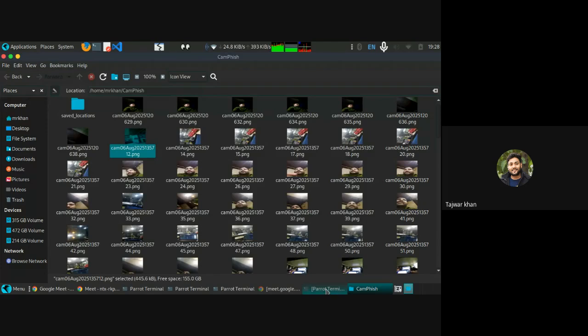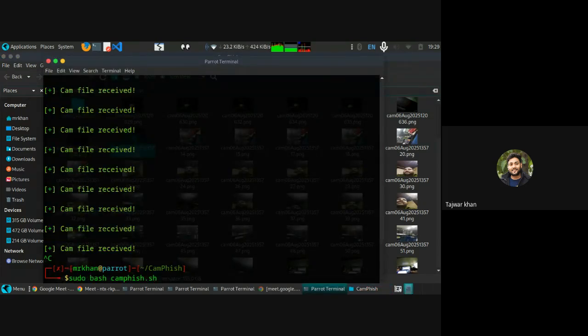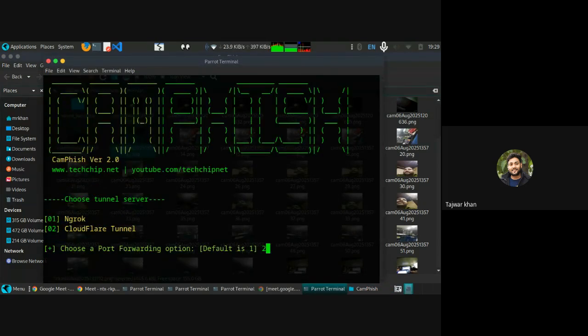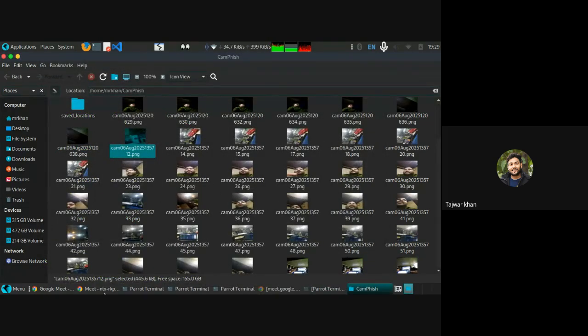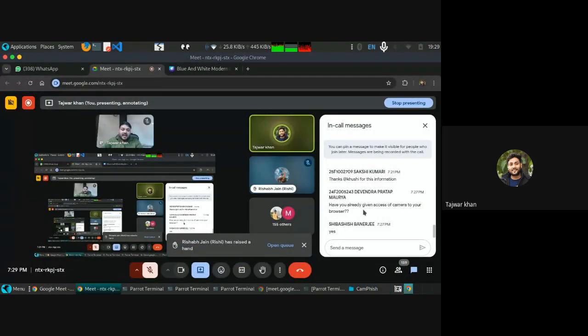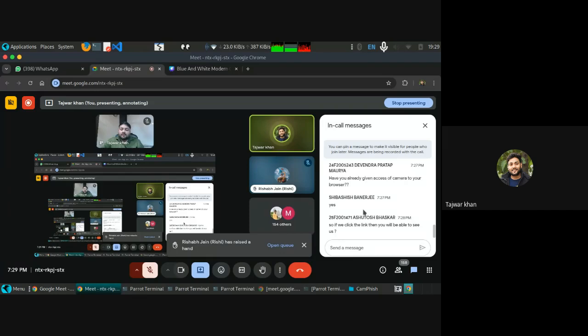Okay, let's make it a little bit interesting. Sir, there's a feature in Android, but how does it give access to the camera by just clicking on a link? Right now, let's suppose you are someone who doesn't have any idea. I have given the access in the browser. If you don't know how the permission works, and I'm just sending you a link and you just click on that link.